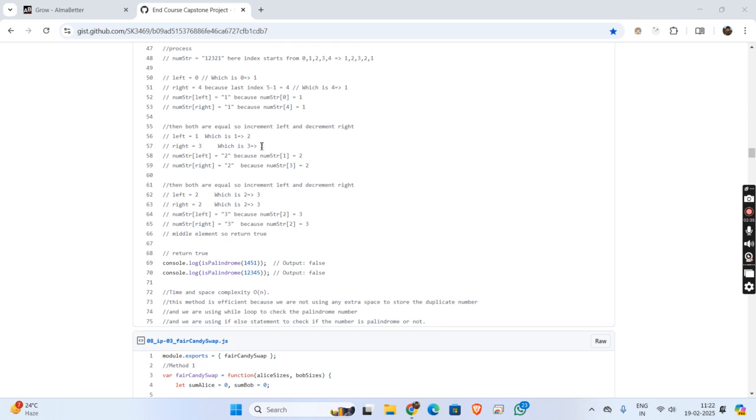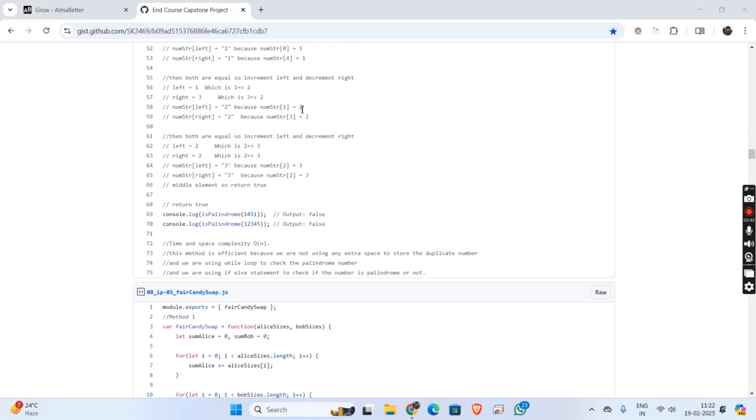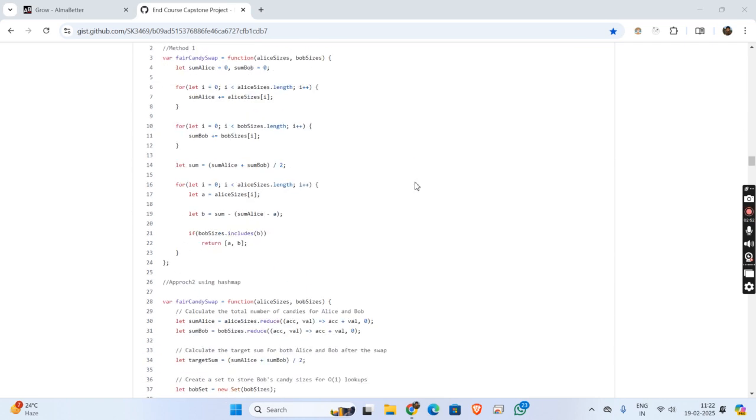Then we increment left and decrement right; both are 2 and equal. Then left 2 and right 2, both are 3. So the palindrome check is true.